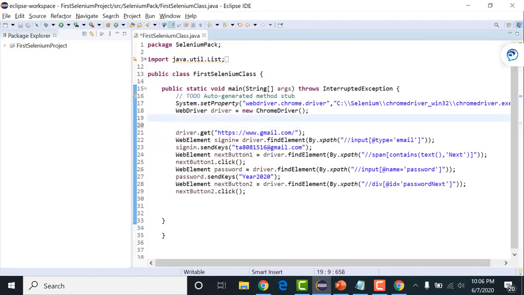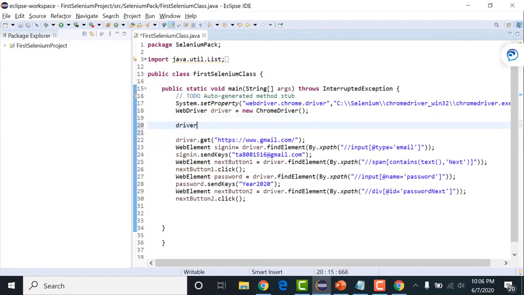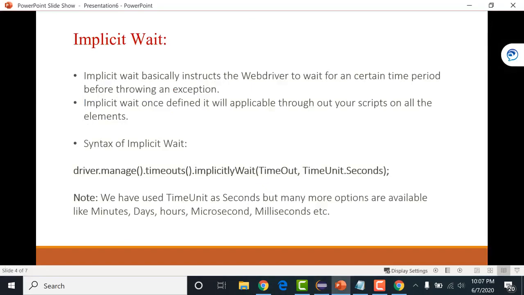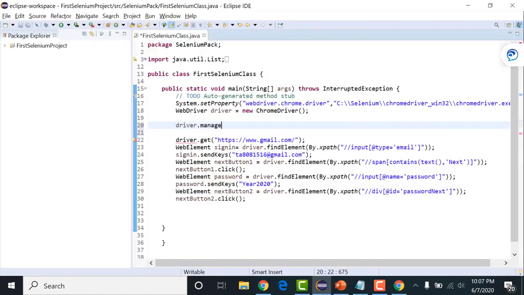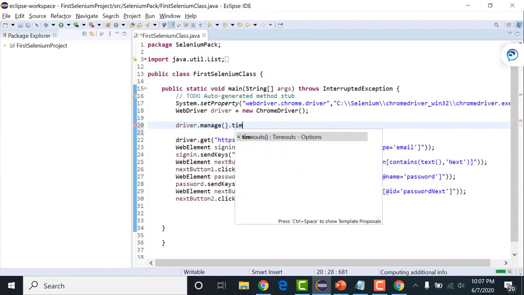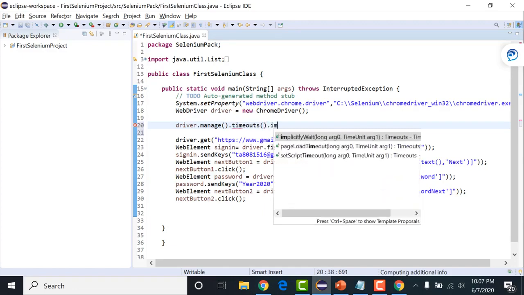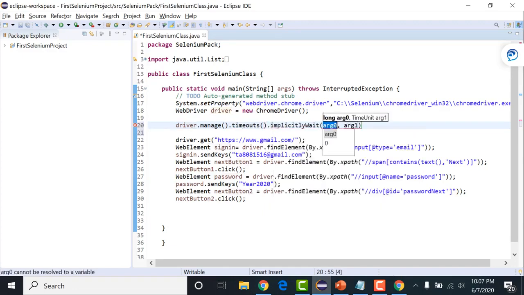Simple. Write driver. Driver is what? It is the object or the reference variable of your Chrome driver. Fine, we are dealing with driver everywhere. So now what I am saying, driver.manage().timeouts().implicitlyWait.